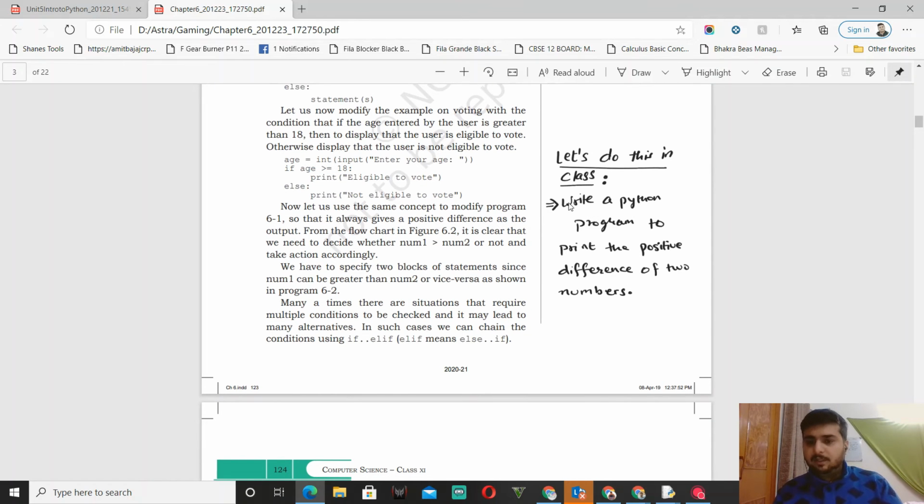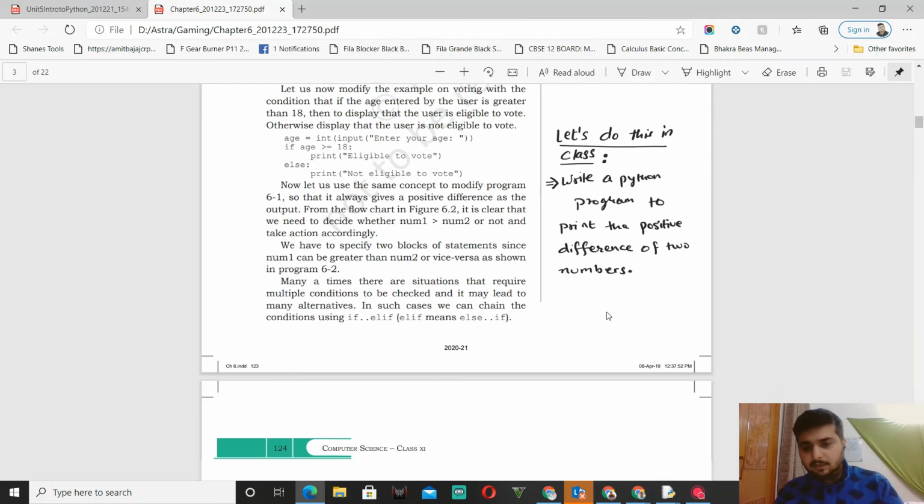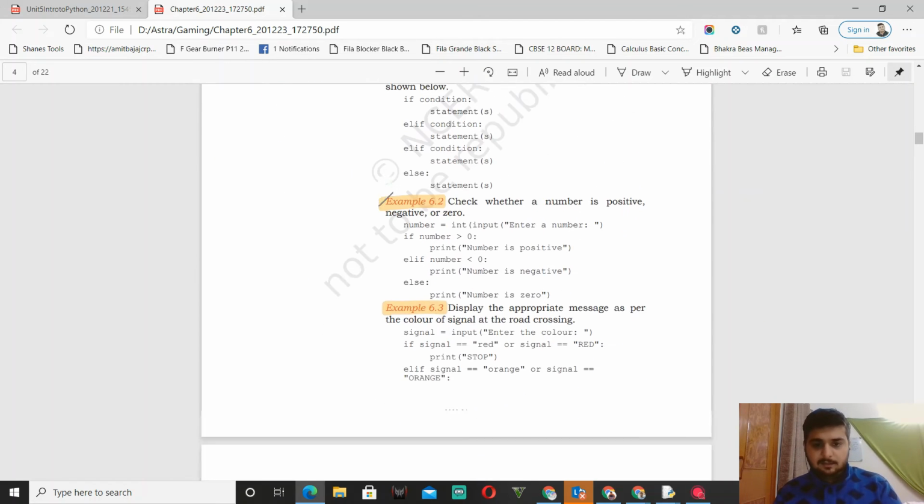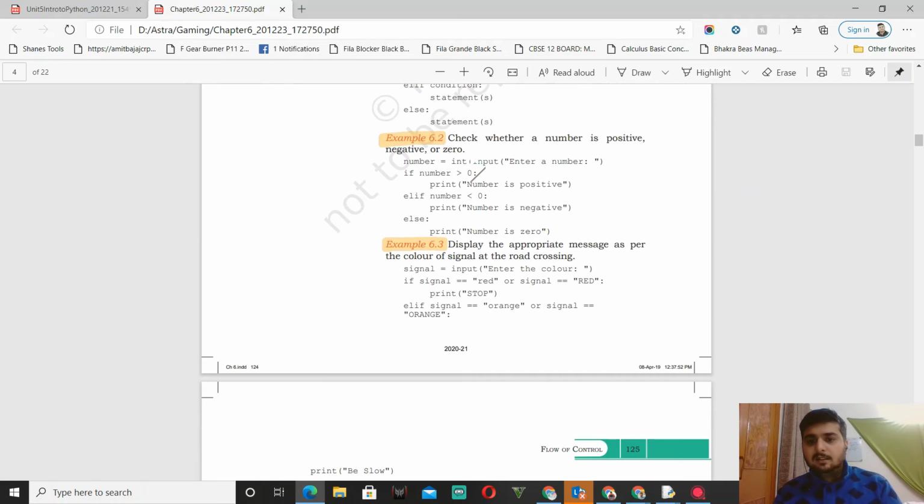Write a Python program to print the positive difference of two numbers. We have already done that. Let's do it and click save. Let's look at the next program. Check whether a number is positive, negative, or zero. Okay, so